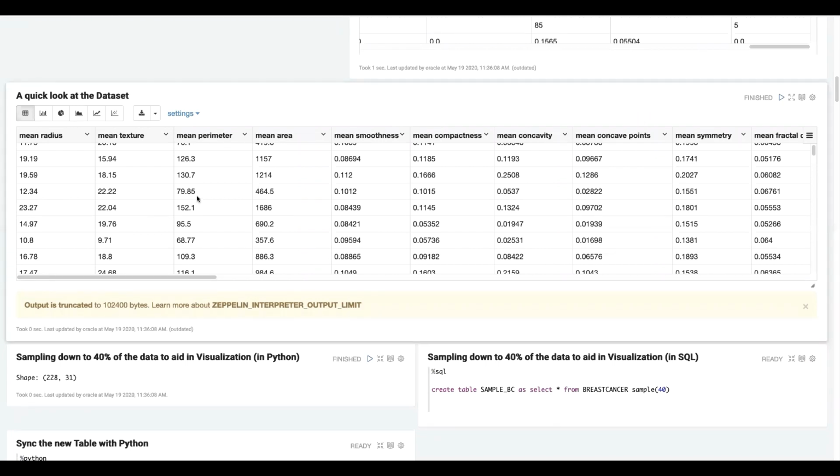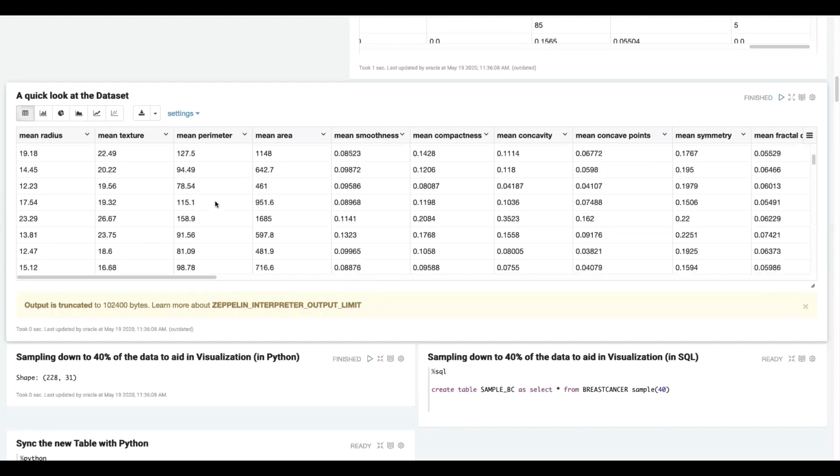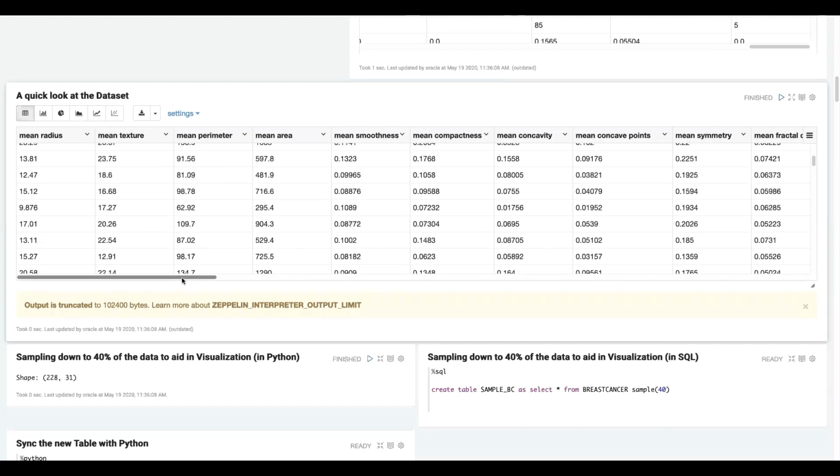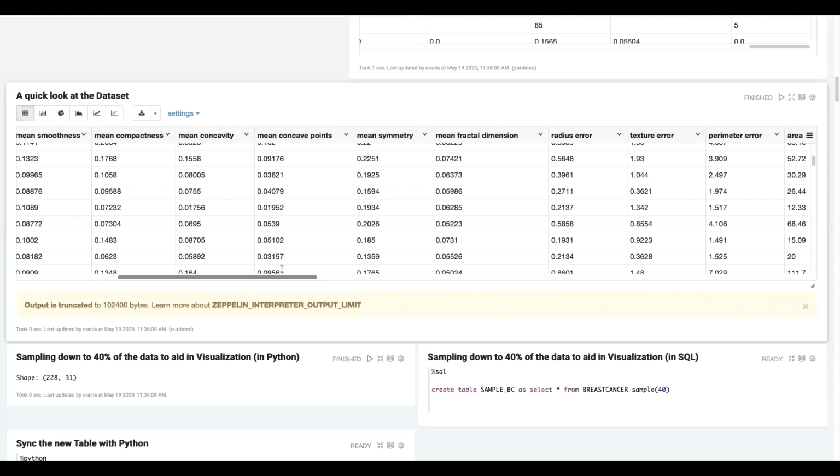Now, this is the raw data, right? The other one was statistics. This is actually the raw data, just so I have an idea of what the columns look like, right? All right, now,